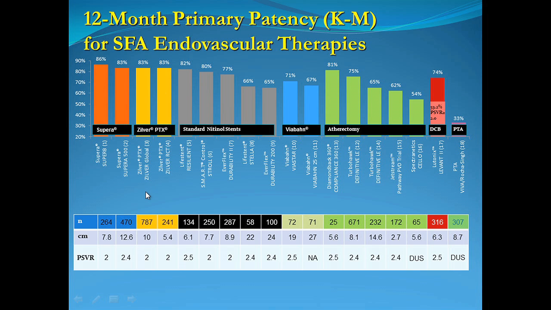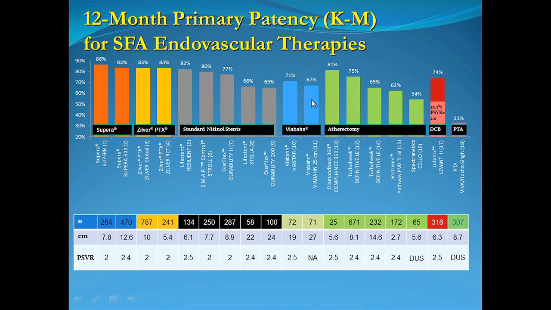Going to Zilver, which is a drug-eluting stent, is close to 83%, but again the longest lesion mean length is 10 centimeters. Going to other types of bare metal stents, again the longest lesion is in the Stella and Durability stent, but again with low patency rates. Going to the covered stent Viabahn, they included very long lesions in the Viastar and Viabahn 25 centimeter studies, giving a